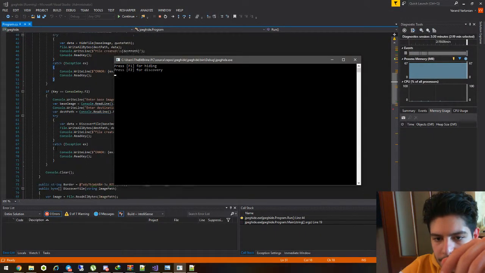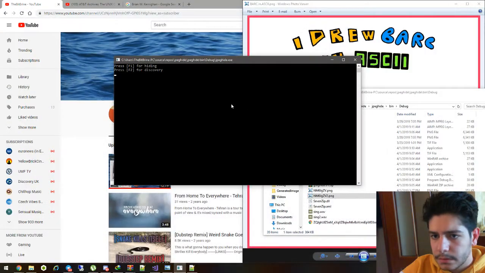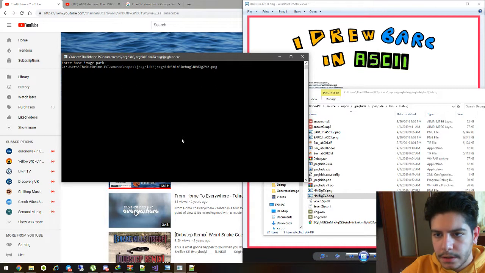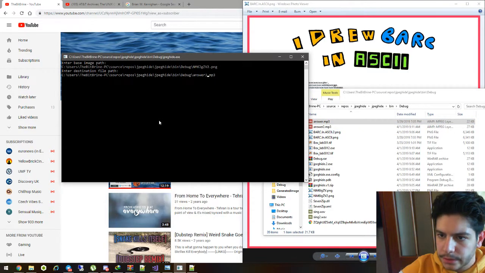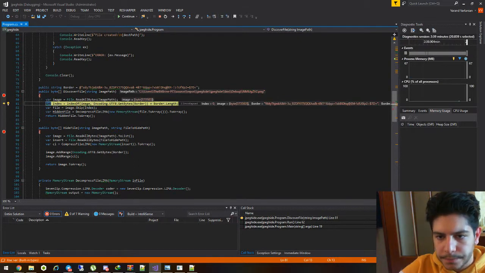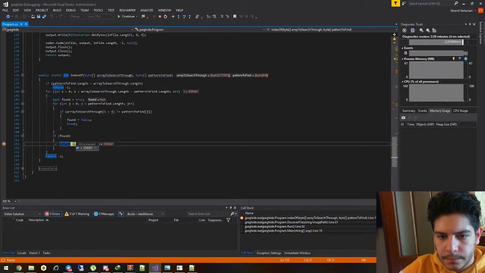So let's do the same for the discovery file. Okay, discovery, base image path. This is the image that we hid the file in. Okay, destination file path, which will be the answer.mp3. Okay, we load the image. We find the index, which is